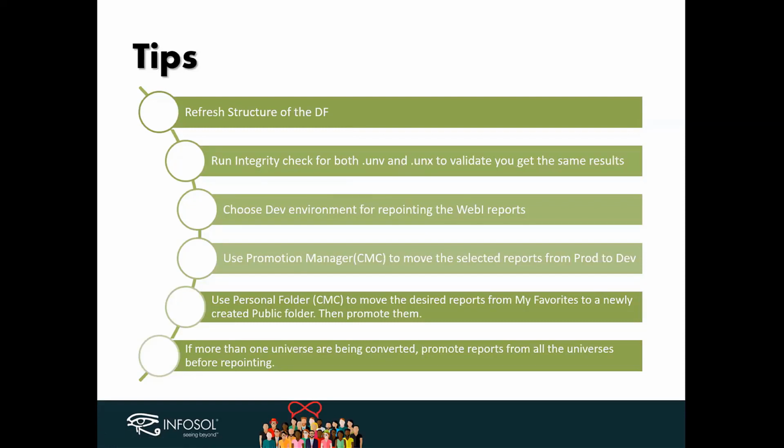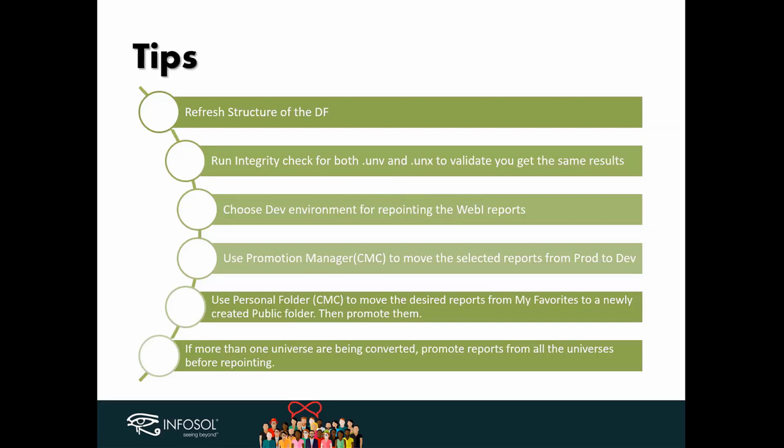Planning is one of the biggest recommendations: plan the conversion before you start converting. I've already talked about that. After you have converted, make sure you do a refresh structure in your data foundation layer, just to make sure that all the connections and all the tables are coming in properly, and do an integrity check on both the UNV and UNX side and see whether you're getting the same results.